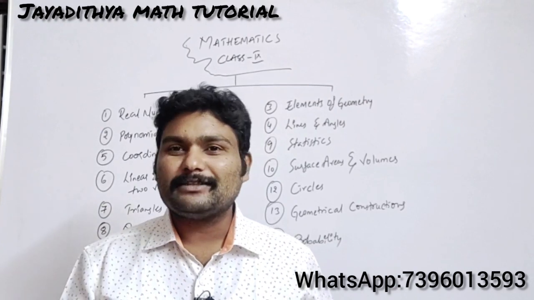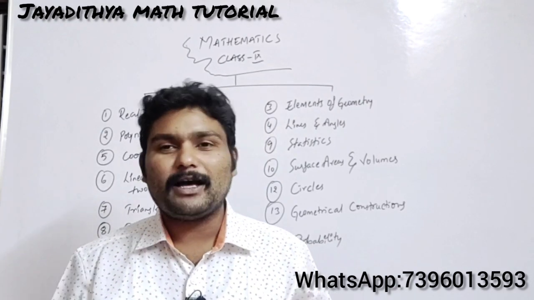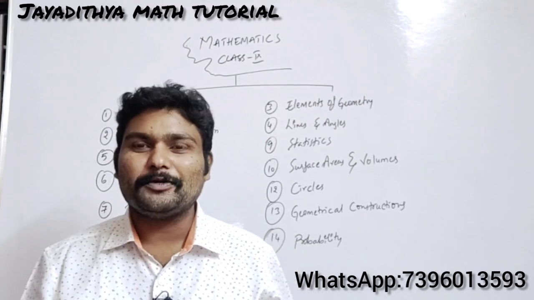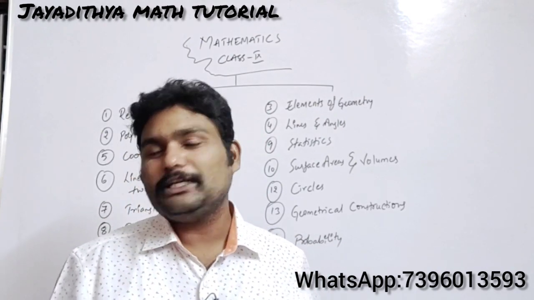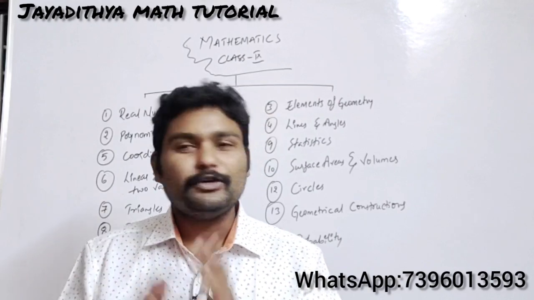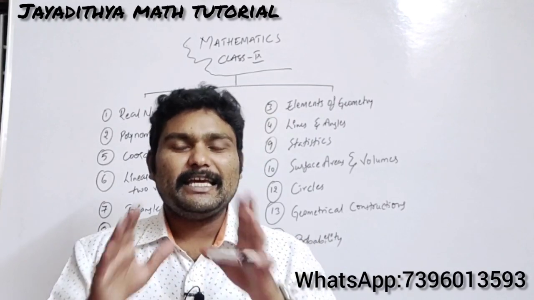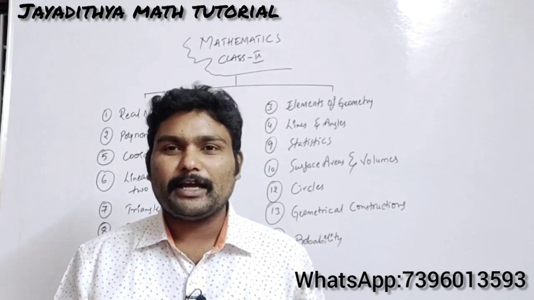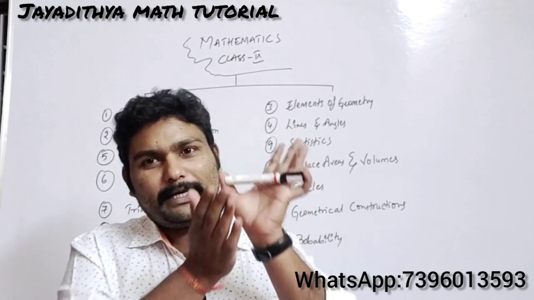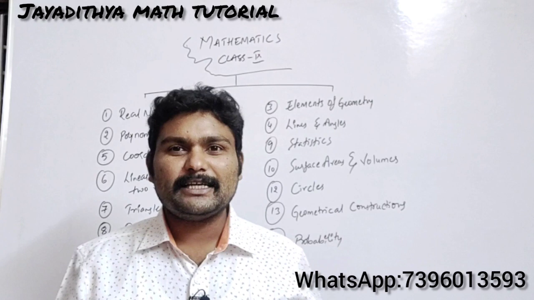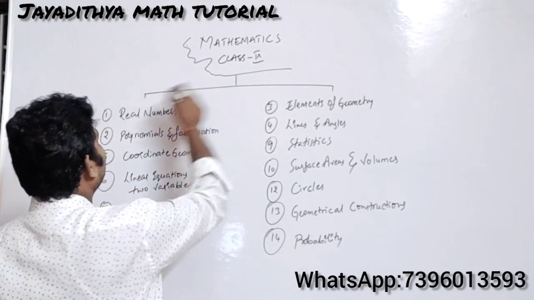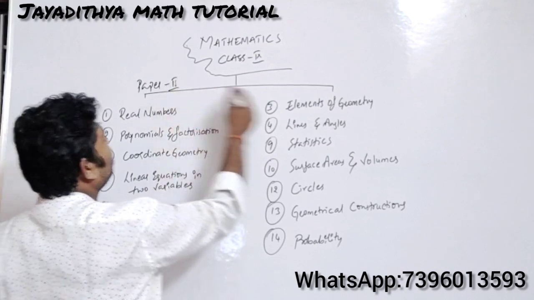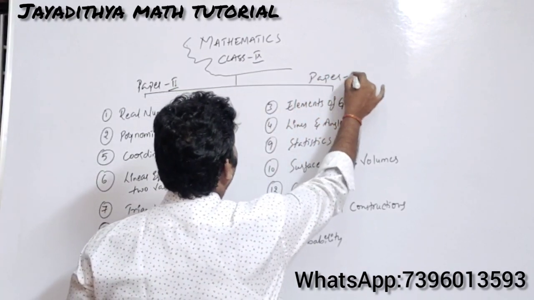There you have a section for 8 mark problems, a section for 4 mark problems and a section for 2 mark problems, and in the bits each question carries 1 mark up to 8th standard. But here each and every part will be split into 2 parts. Even your complete syllabus will be split into 2 papers, paper 1 and paper 2. Complete mathematics will be in 2 parts here. So you'll be having paper 1 and also paper 2.